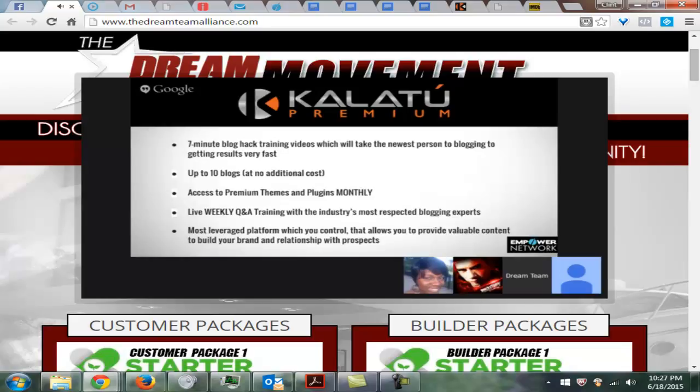You also get access to premium themes and plugins every single month. Now, anytime you think of the word premium, you know that you have something of greater value. Generally speaking, if you want premium themes, if you go and look at WordPress or another blogging platform, you're going to have to pay for every single one. You're going to have to pay for every single plugin. But with Kalatu Premium, you don't have to pay anything extra to get access to those top-of-the-line themes and plugins. All right. You also are going to have the ability to plug into live weekly Q&A trainings with the industry's